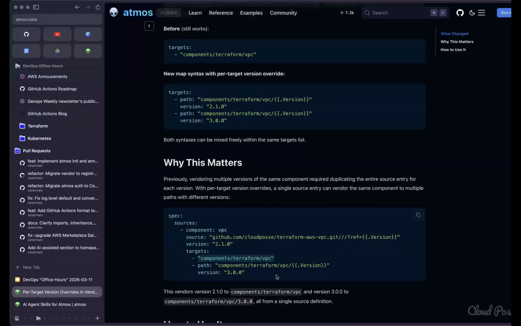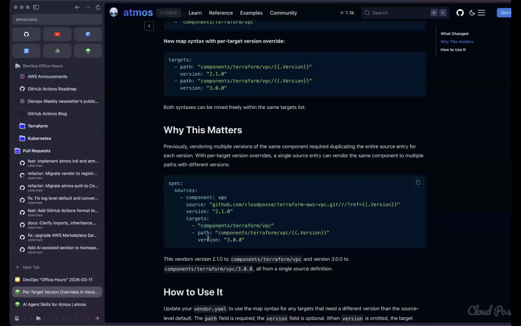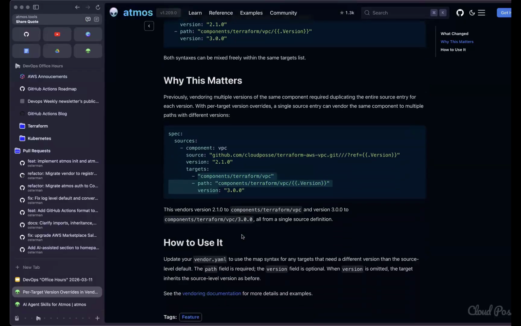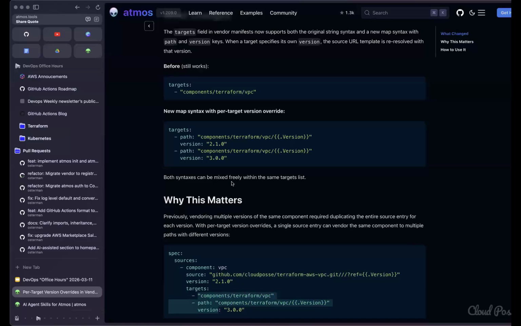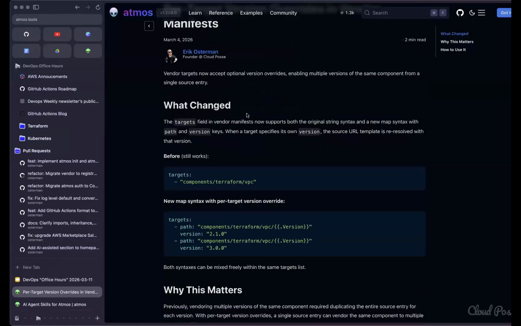Well, now we support combining that with overriding the version spec. So now you can version a single source and write multiple versions to different paths. So it's very convenient if you're using versioning. All right, any questions on vendoring with versions?